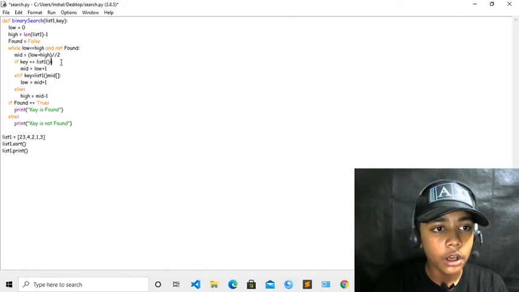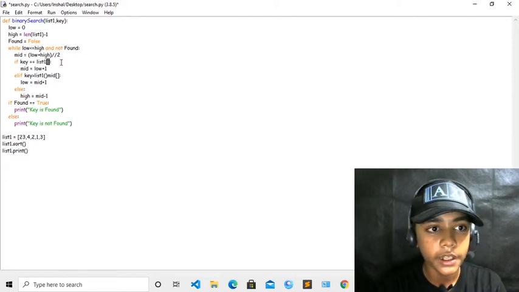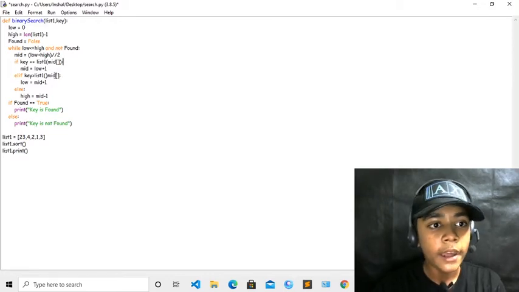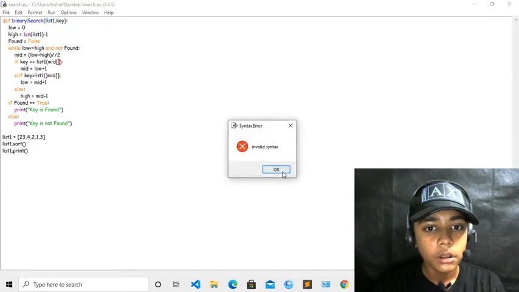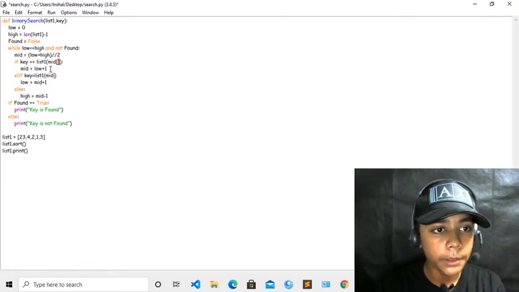Okay, and now here you have to write a square bracket, and then write mid, and define it like this, with brackets, and inside the brackets define this. Okay, like this we have done. Now save it and run. It says invalid here, so now we will write that list1 is defined, and the mid value will be defined in here.